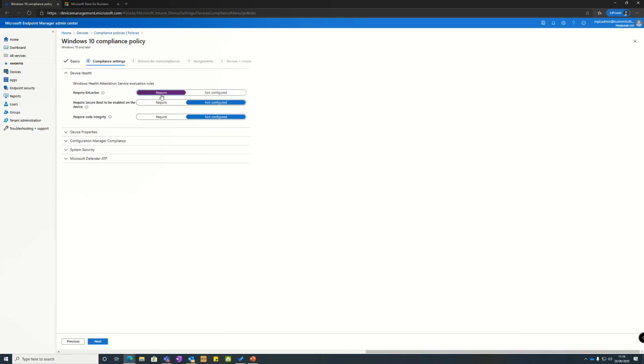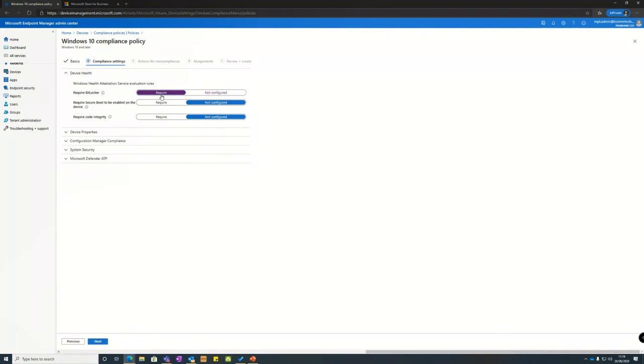Require BitLocker. So straight away we can decide whether a device is compliant or not based on whether BitLocker is enabled on Windows 10. So if we've got a device trying to log in, let's say you've got someone on a laptop out in the field somewhere, or working from home, or maybe in the future when things open up a little bit more, people deciding, hey, you know what, I'm not going to work from home today. I'm going to go down to the local coffee shop. I fancy a little bit of atmosphere around me while I'm working. Take the laptop down to the coffee shop. They're trying to log in,